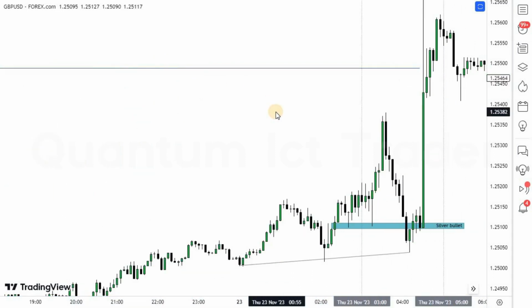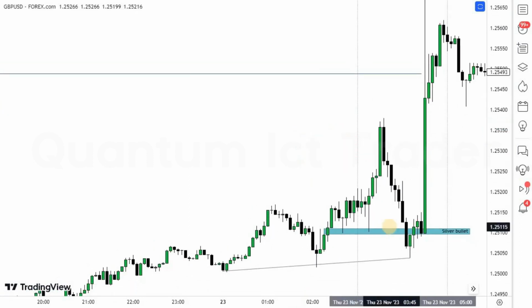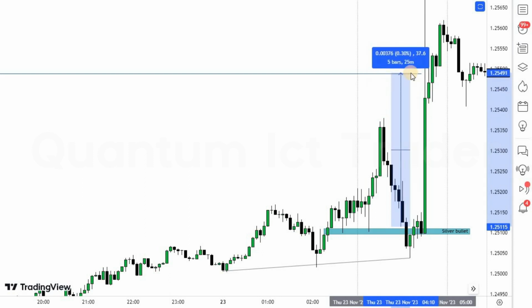But when it reaches 15 pips, or a minimum of 10 or 15 pips, you want to scale your position out. So if you were on this trade, what would the profits be? If we measure, you could see that off of this fair value gap it was around a 25 pip move. And if we targeted that buy side, it would have been a 37 pip move on GBPUSDT.